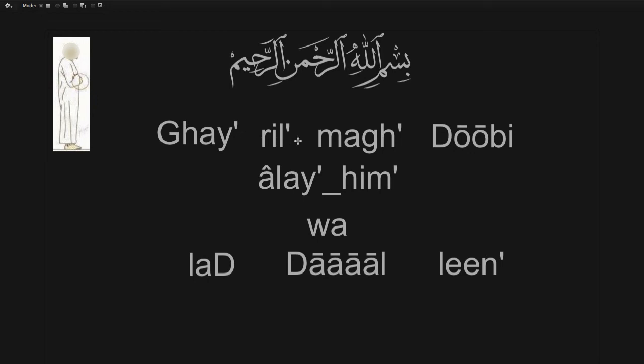غير المغضوب عليهم ولا الضالين. One more time. غير المغضوب عليهم ولا الضالين. One more time. غير